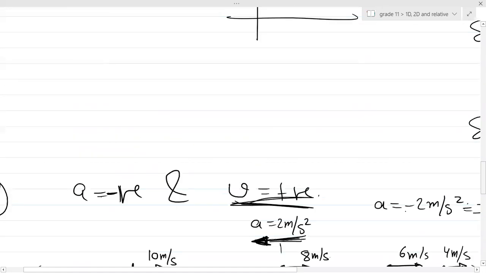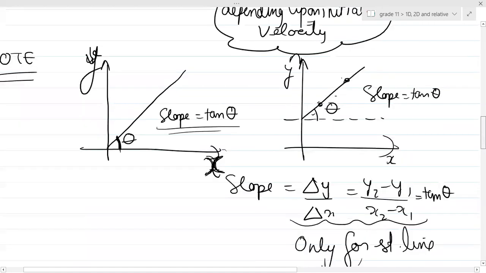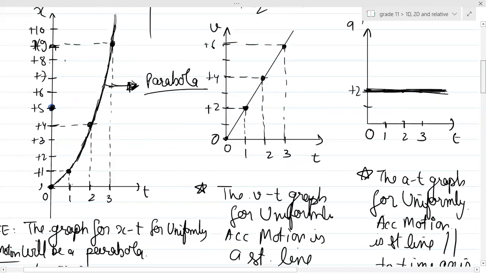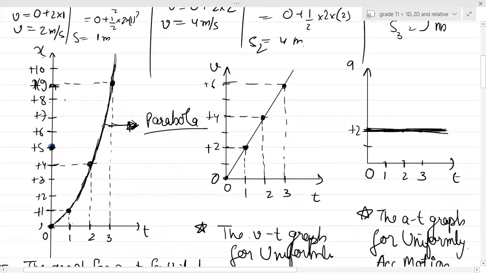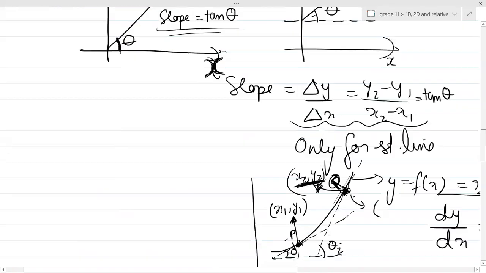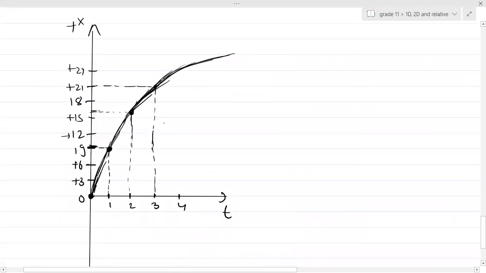Initially, the first graph which we drew was curved towards the position axis, right? Can you see it was bending towards the position axis? Yes or no? Was the graph bending towards the position axis in the previous case? And in this case, is it bending towards the time axis? Yeah, so it's slowing down.